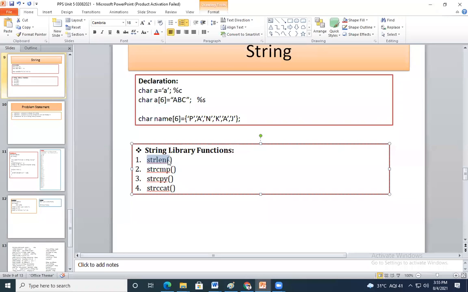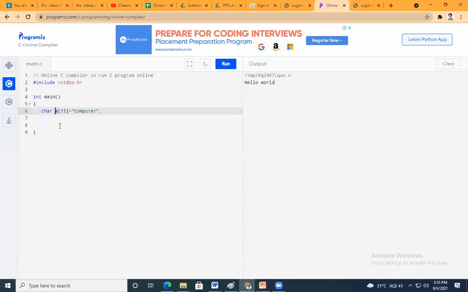Now this open and close bracket is there for giving the arguments or passing the parameters. Now, the length of what do you want to calculate? Of the string. In which array is the string stored? It is stored in this array. So here I will pass the argument as a. In our example, we have taken the value as a. So I need to pass strlen, string length, and the values are stored in a.